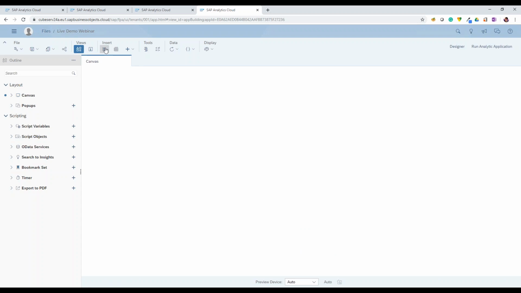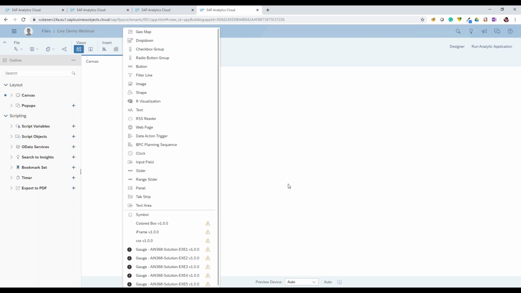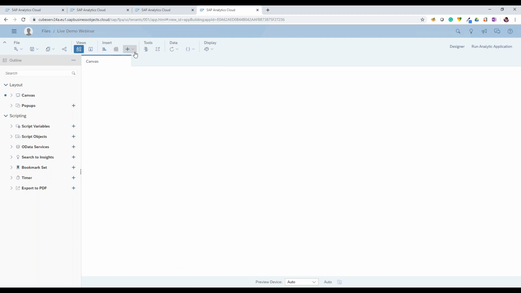Then we have the insert menu, where we have different possibilities of inserting new widgets to our application simply by clicking it. And then under the tools menu, we have the possibility to set scaling and conditional formatting. Also, under the data area, we have the possibility to refresh our data or to set variables or link variables.